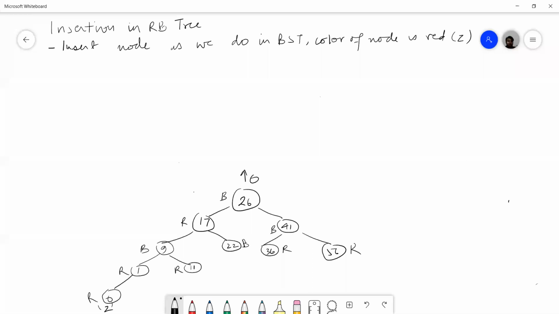So what we'll do, we'll check for Y. Y is the uncle of 0. It means the sibling of the parent. So Y, its color is red. So what we'll do, the color of parent and the color of uncle will become black and the parent of parent will become red. So after inserting 0, we are getting 26, 17, 9,